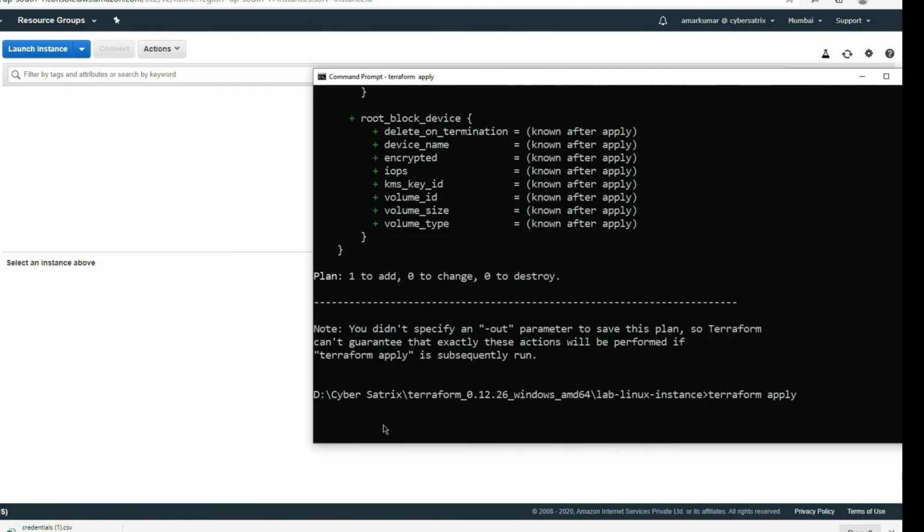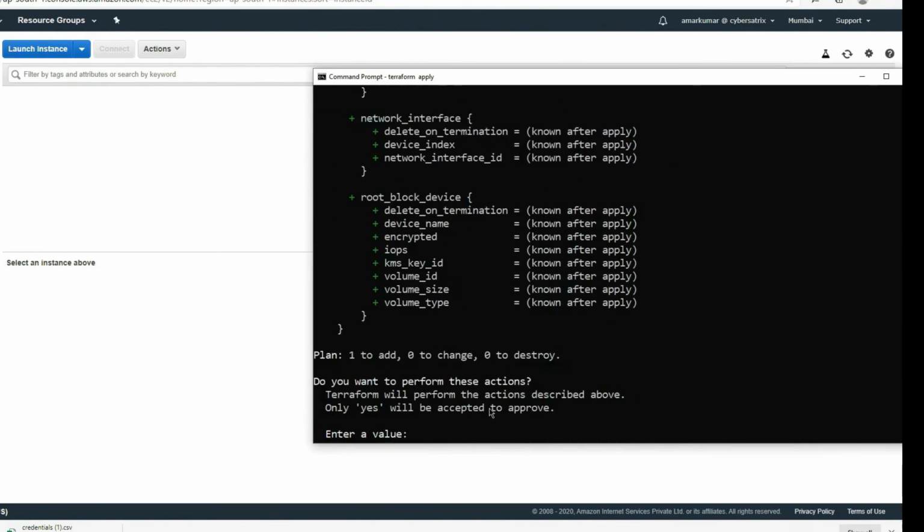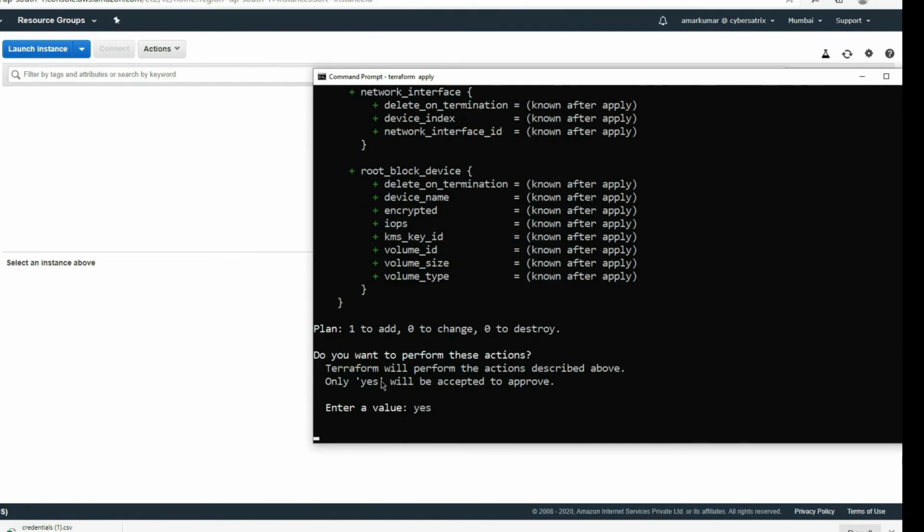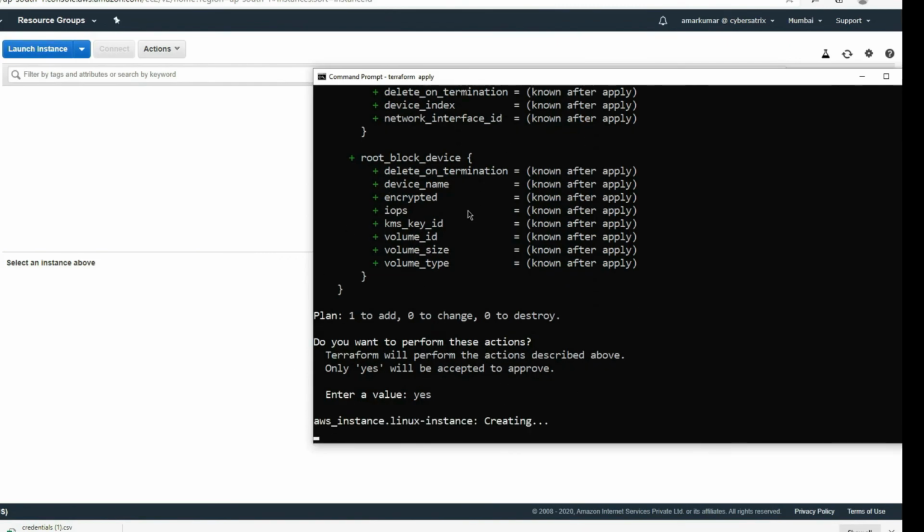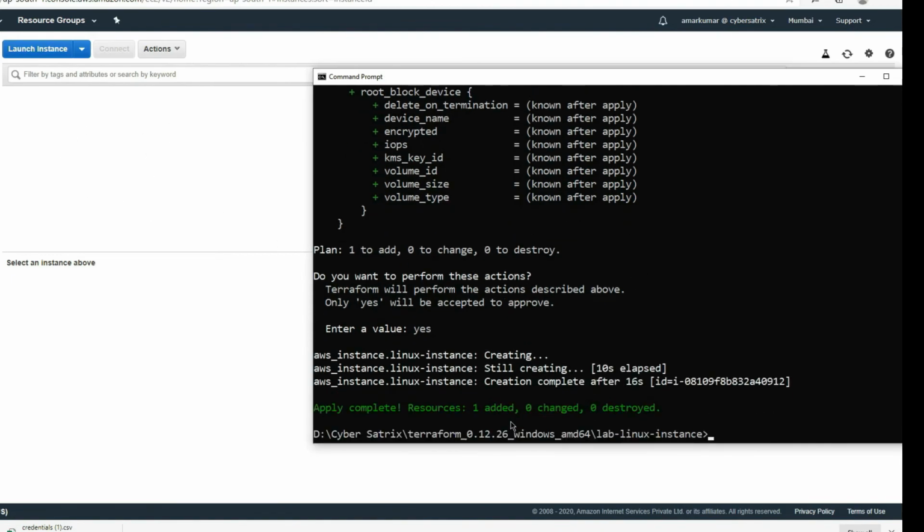As soon as this command runs, it will ask for your approval, so type yes, and as soon as this executes, you should see an instance popping up in this section. Okay, as you see, apply complete: resource 1 added, 0 changed, 0 destroyed.